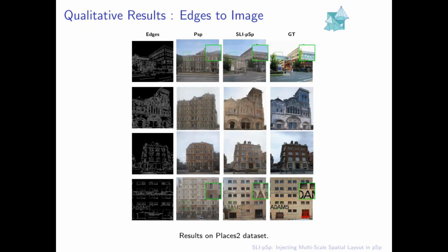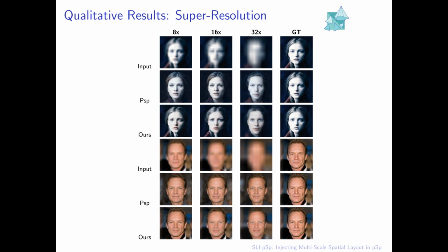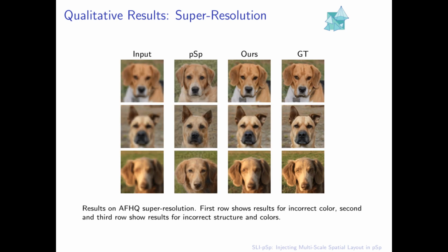Here we show the qualitative results for our method. We see the profound difference that the spatial layout injection leads to. It helps capture the finer details which are missed in the PSP framework. For super resolution tasks, we again see that our method is at par with the PSP framework. Further, we also see for AFHQ dataset, our method is able to capture the finer details in a much more